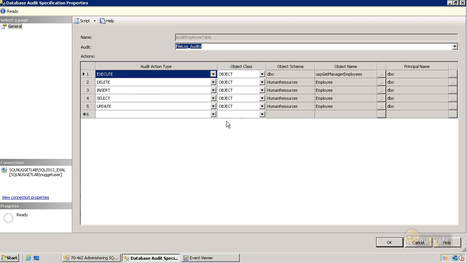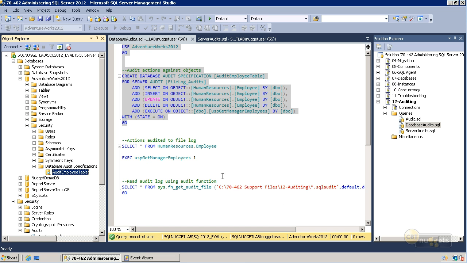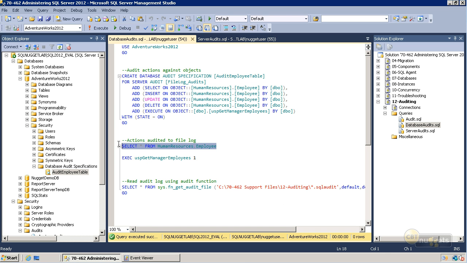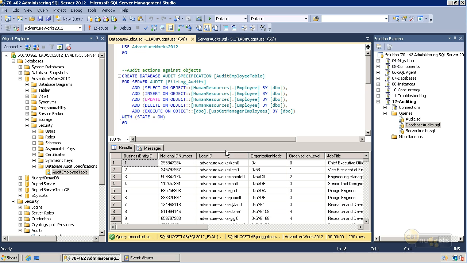It created one for each action, and you can see it's against the object name. And if you do this in the interface, choose your action, choose your object name and the principal name. Everything else will get automatically filled in for you. And that's it. So now we can test this one out. And so let's just run a select statement here on the HumanResources.Employee table. We're a member of the DBO group, so if we execute this,